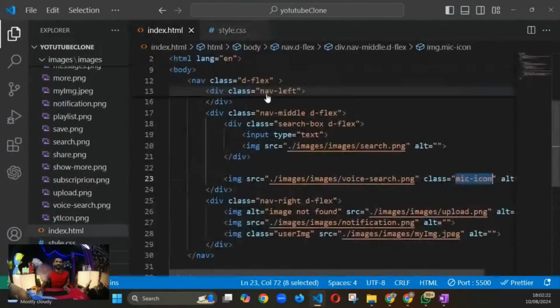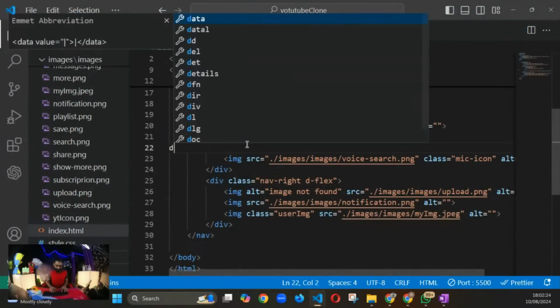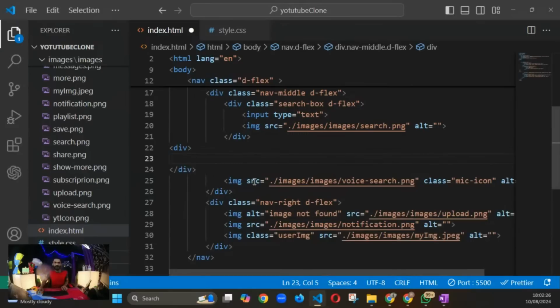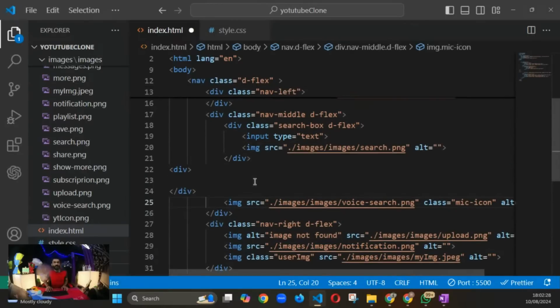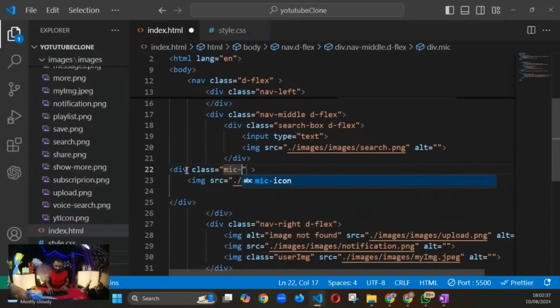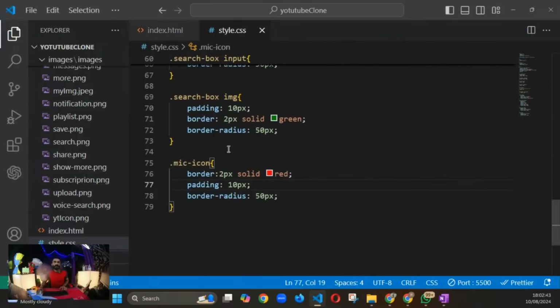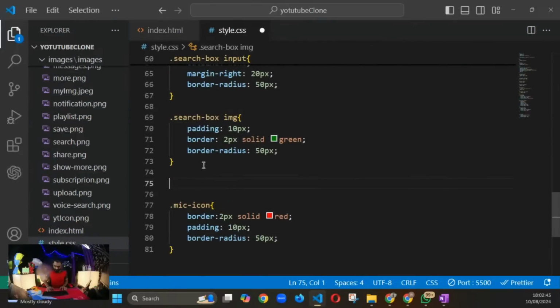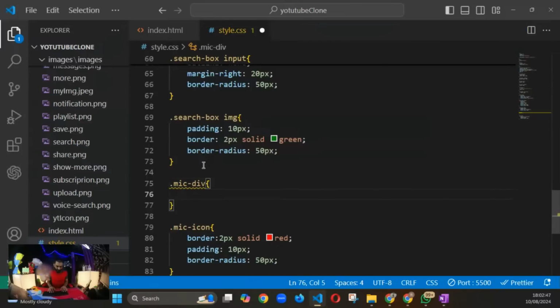Okay. Let's do one thing. Let's put it inside a div. Okay. Let's put it inside a div. So let me give class name of mic div. Okay. I'll copy this and dot mic div